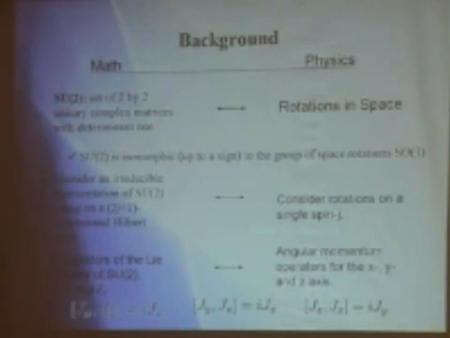Basically, SU(2) is a Lie group, and it has a corresponding Lie algebra. This Lie algebra has generators Gx, Gy, and Gz. When I talk about those generators, I'm just meaning the angular momentum operators in the x, y, and z directions. Those angular momentum operators follow the commutation relations that we're used to in quantum mechanics, for those who know quantum mechanics.